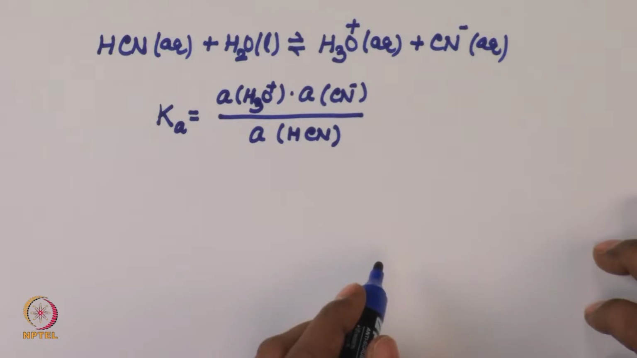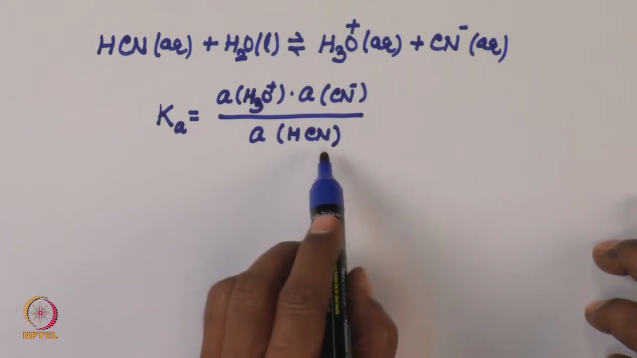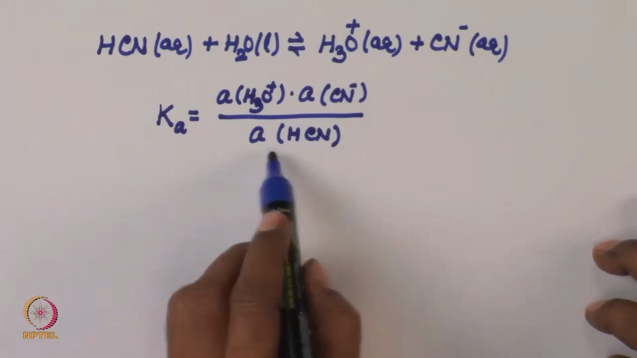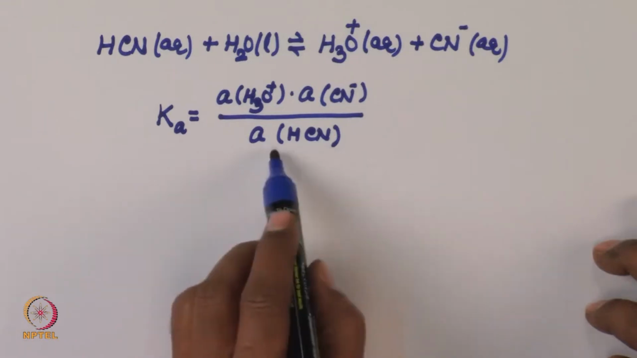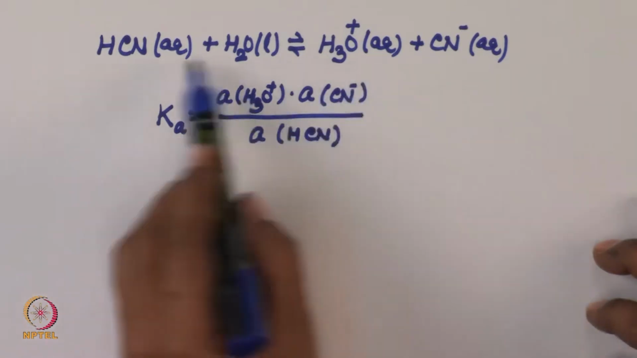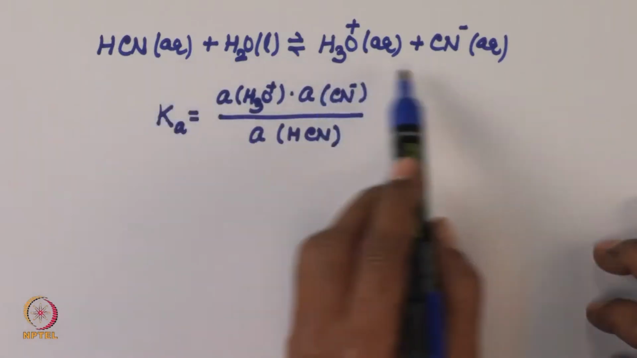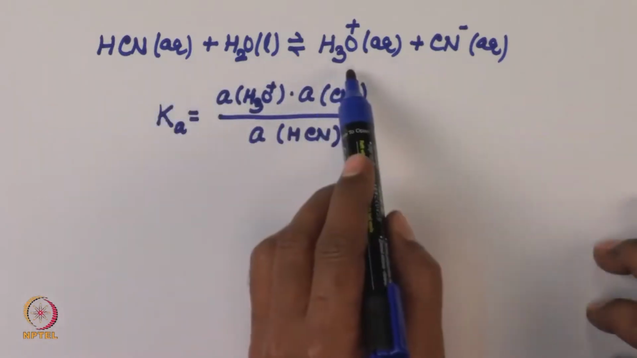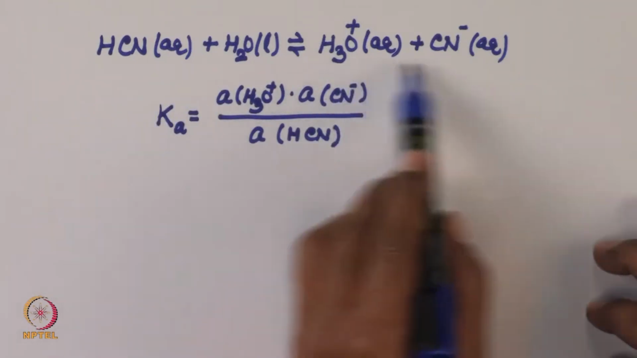We are given in the statement that the activity coefficient of HCN is close to 1. So, that allows me to replace this activity by the concentration. And if you look into this equation, the activity of H3O plus and the activity of CN minus, we can assume to be the same over here. It is 1:1